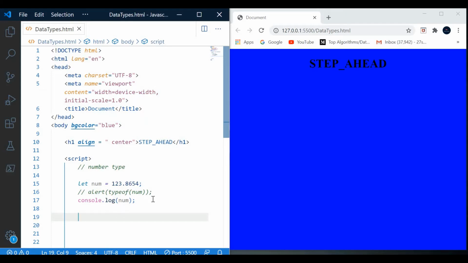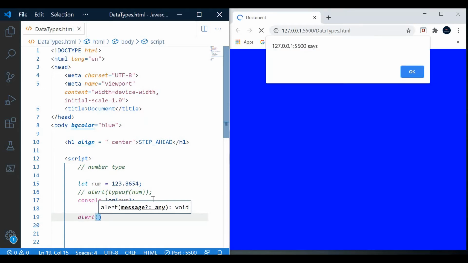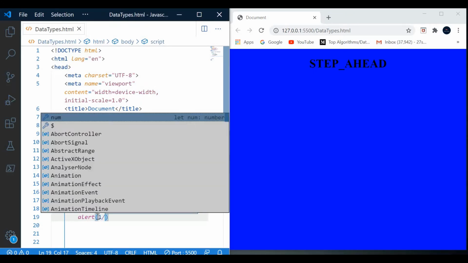Numbers also have special numeric values, which is infinity. I will show you one second. alert 1 divided by 0.